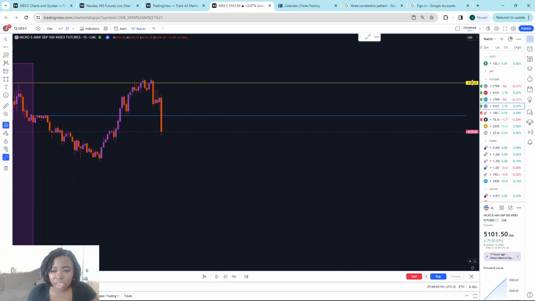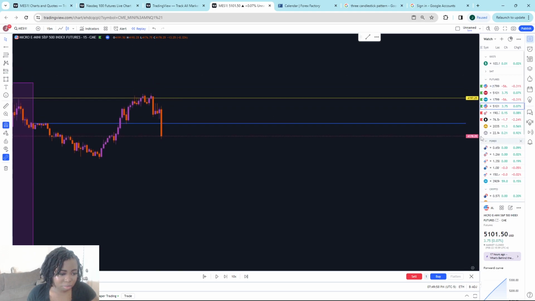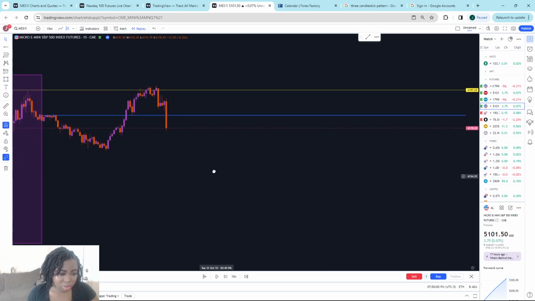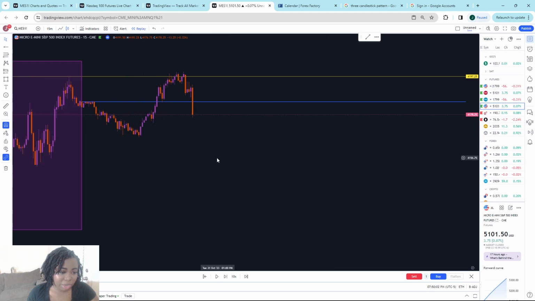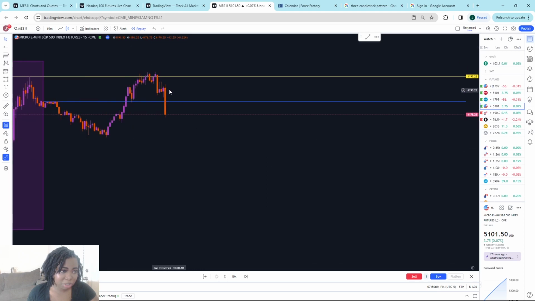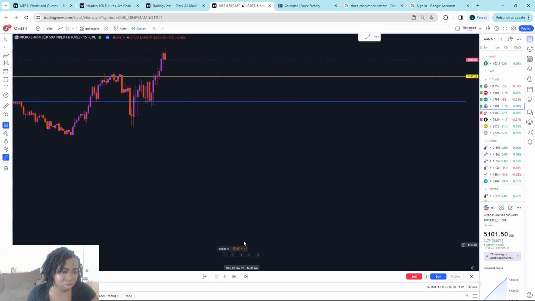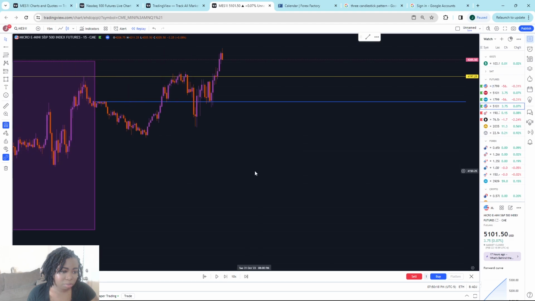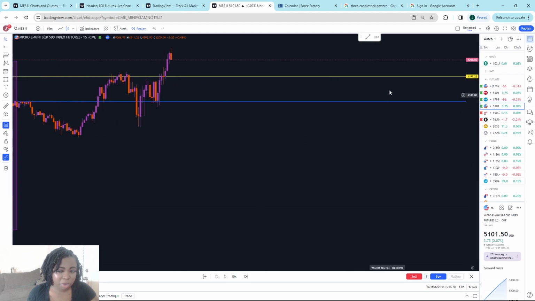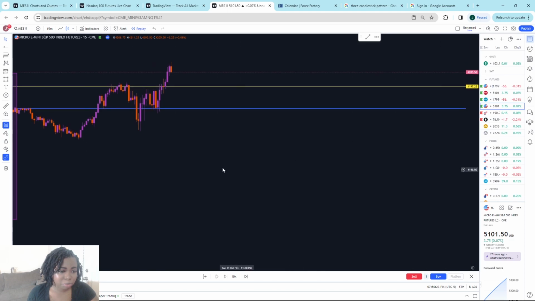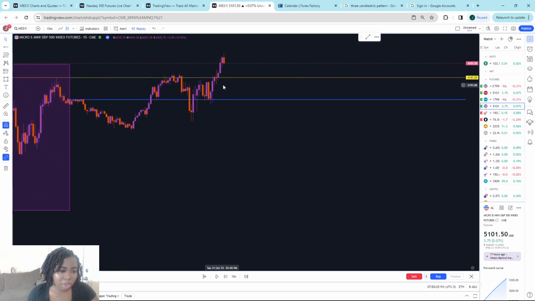and right here this candle would kind of not scare me, but this was pretty much a big candle right here. So I would just hit play again to see what price wants to do. Right now price action is just moving, and so right here will be an area that I will be looking at,